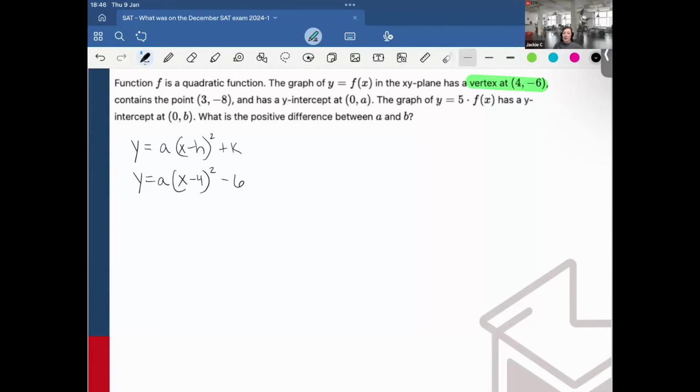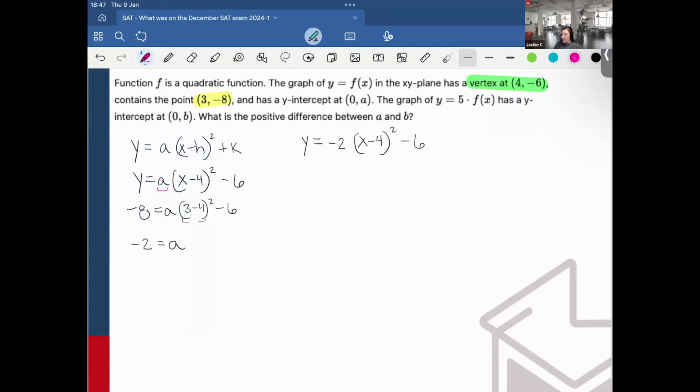Okay, so here I still want to get the full vertex form equation. So to do that, I want to solve for a. Whenever you're provided another pair of coordinates, which we have here, (3, -8), we can plug those in, and this will give me the value of a. So let's go ahead and do that. So this would be -8 equals a(3 minus 4) squared minus 6. Add 6 to each side, so -2. This would just become (-1) squared. It's 1, so I get that -2 is equal to a. So my final vertex form equation would be y equals -2(x minus 4) squared